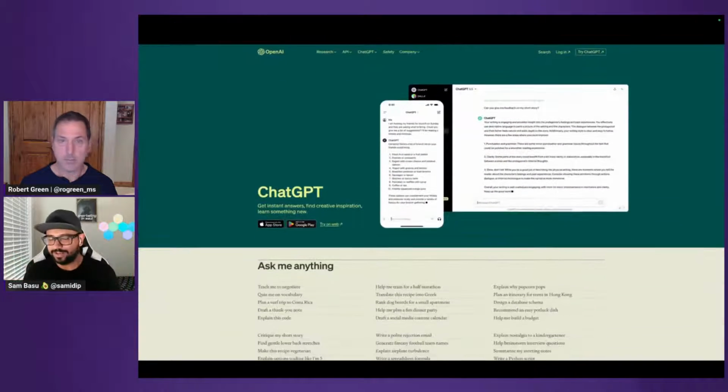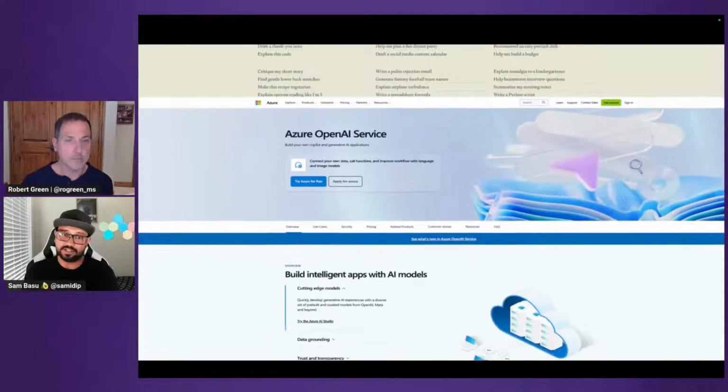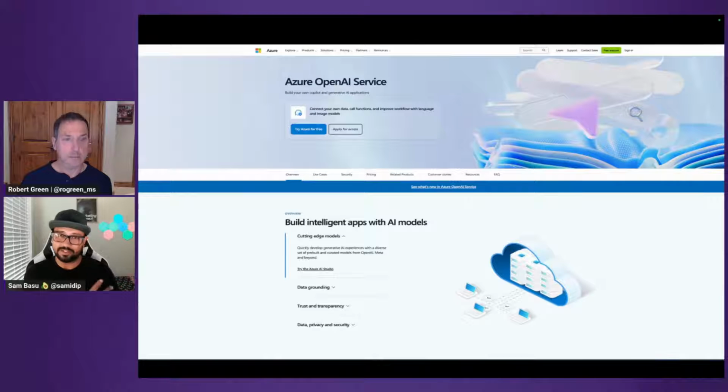Of course, if you want to bring in any type of integration with any of the OpenAI style monsters that do everything under the sun, you can bring in ChatGPT. Azure OpenAI service is also up if you want to bring in some intelligence in your apps through AI. Maybe leverage your own models or leverage somebody else's model. It's all doable. It's all over REST, so it's all very friendly to mobile apps.